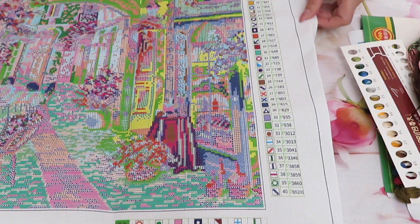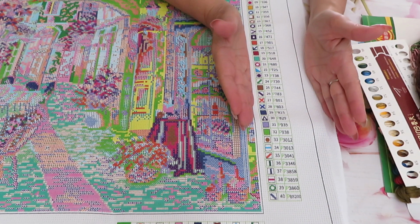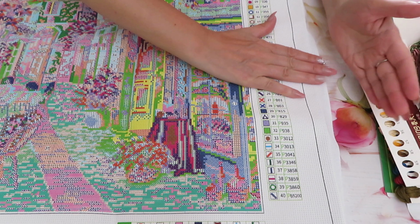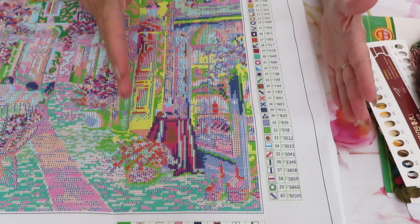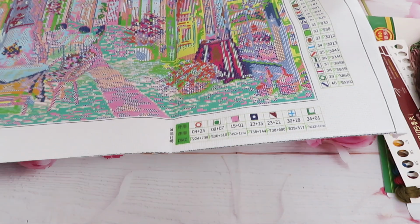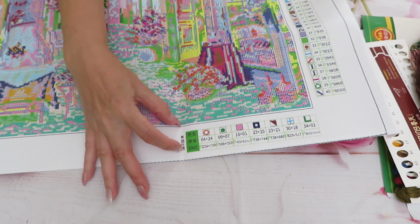Oh, the symbol print in here, so beautiful. You can see them from far away. That's amazing. Look at the numbers. Look at the border. It's so much fabric in here, so easy it will be to put in a nice good frame. Same thing on the bottom in here, much bigger. It's almost like double